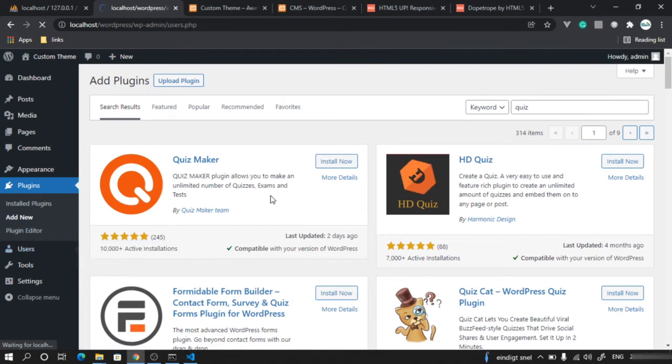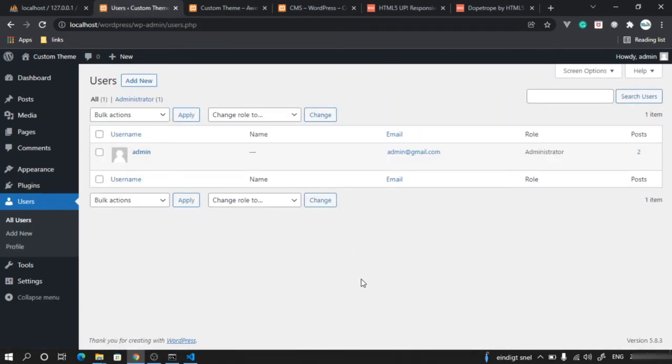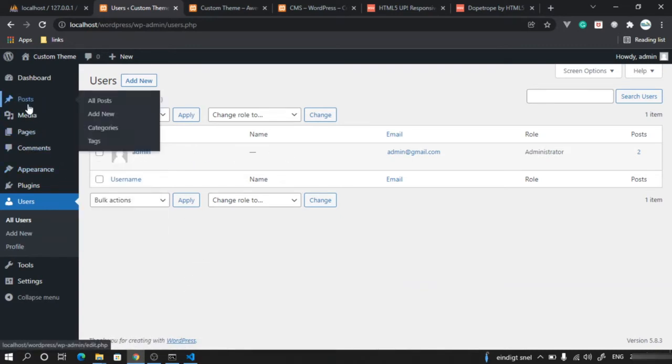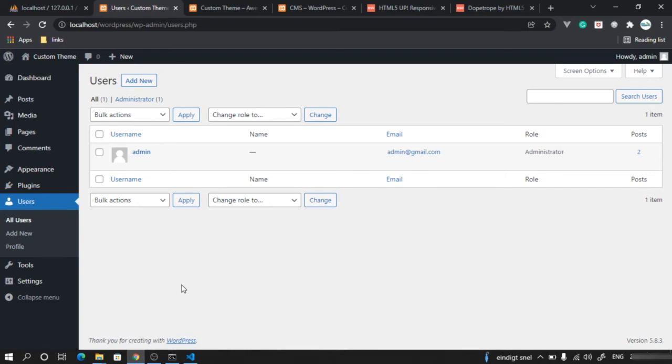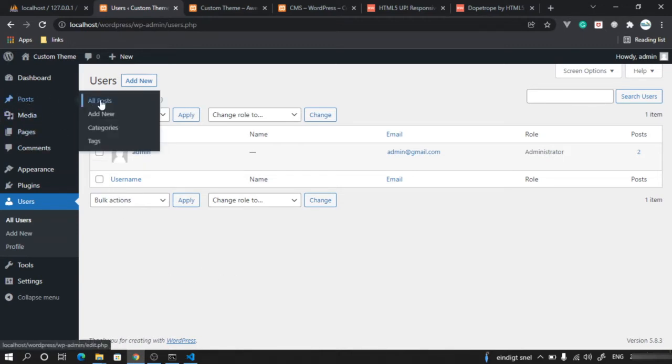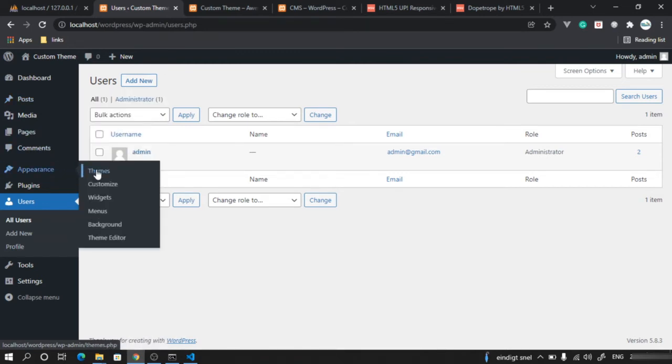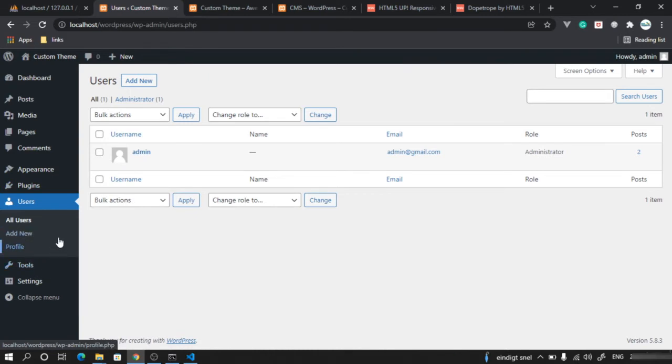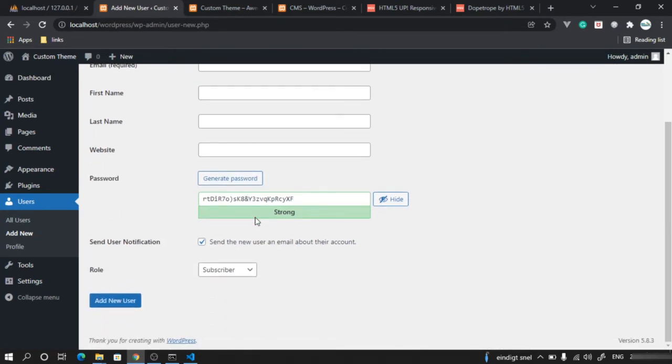Then we have users here. On one WordPress website, there can be many users, and each user has a certain access role, which means the administrator is able to see all these options. But if you want to create certain users whom you only want to give access to add a new post or update a post, but not the functionality to change the theme or plugin or modify the users, then you can add a new user, give the new user details, and then you can change the